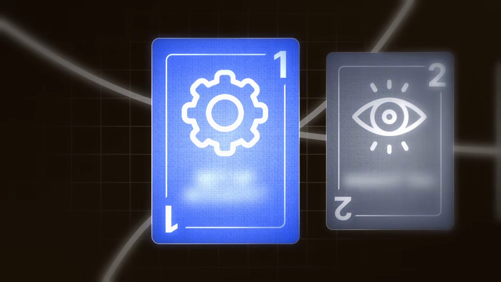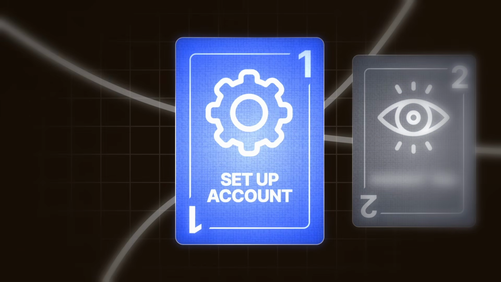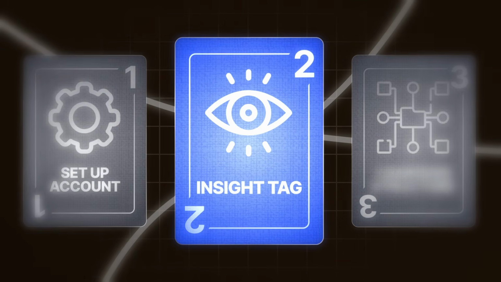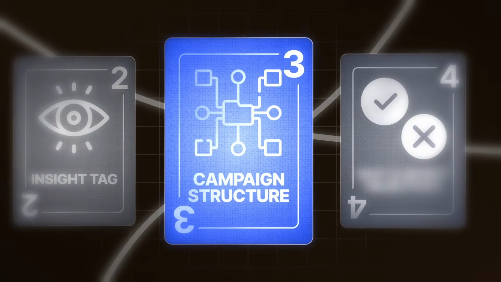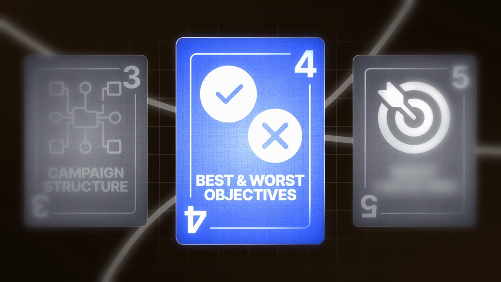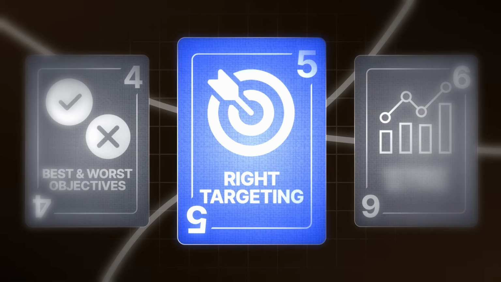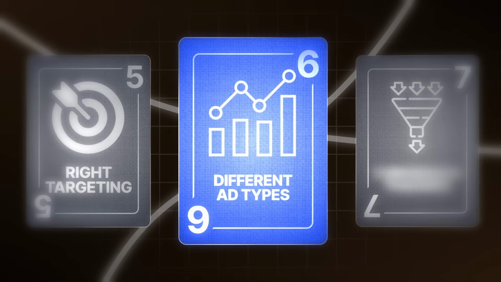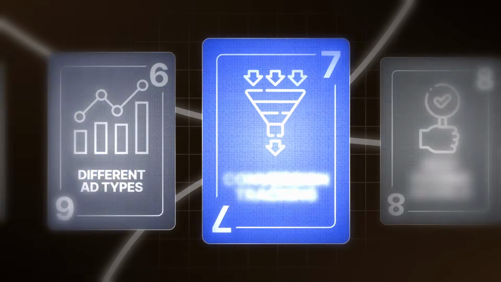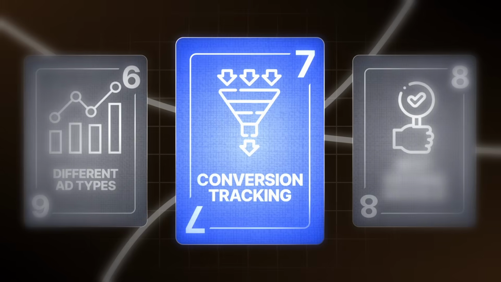We'll be going through, first and foremost, how you can set up your account, then how you can set up your insight tag, your best campaign structure to make sure you have success now and in the future, the best campaign objectives and the ones that you should avoid, more importantly, how you can target the right people without wasting ad spend and how you can check this, all with different ad creative types, how you can set up your conversion tracking, the 3 different ways through online, offline, and LinkedIn's own revenue attribution,